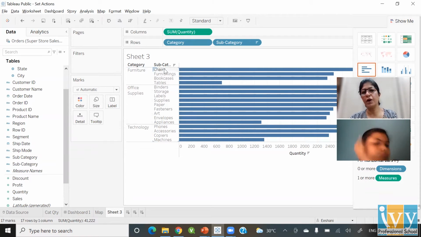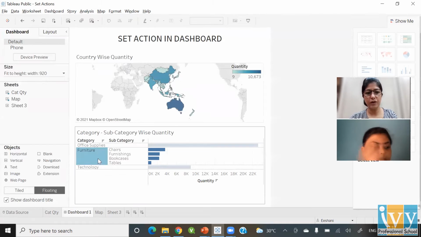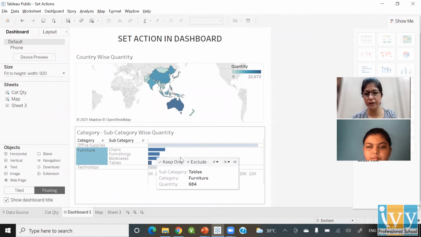Because to be honest, at one time I would be only focusing on or reading one category, right? So if you go to the dashboard over here, right now you see only the furniture category is visible to us properly, of chairs, furnishings, bookcases and tables, and I made it in a descending order.